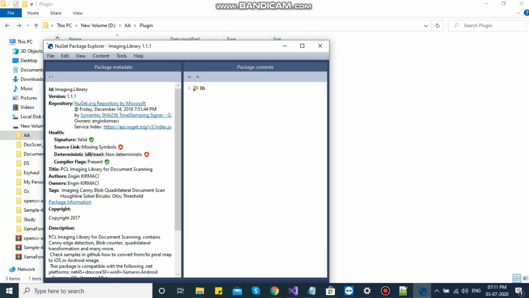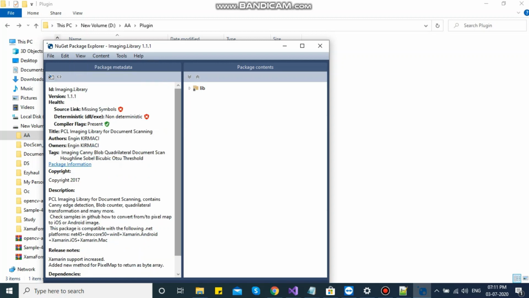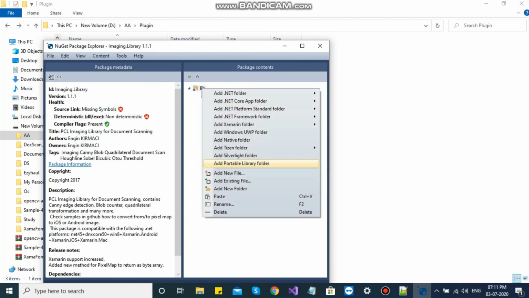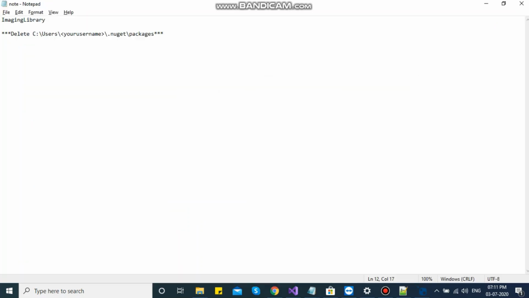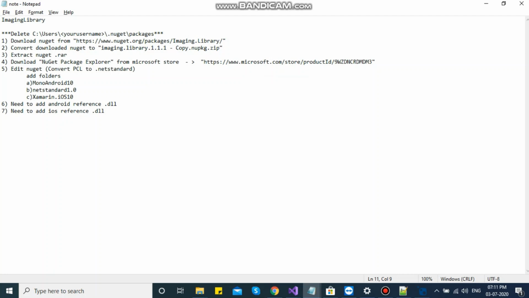Now in this lib folder you need to add 3 particular folders. So before you proceed, just make sure you add the folders exactly with the names I am giving here.